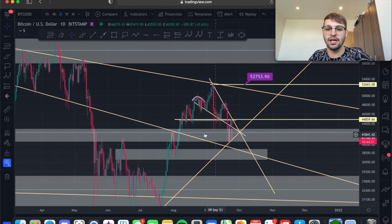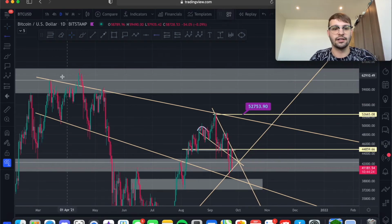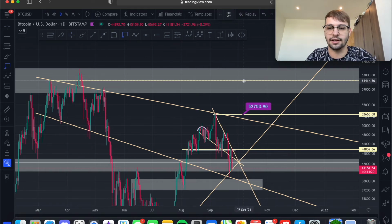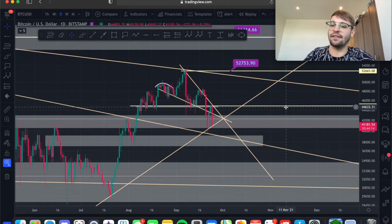And at the moment, if we can hold this level of support, we're still in this broadening falling wedge, which has a technical target at the top of the wedge, which is close to your all-time high at 61.4k. So yeah, we're in bullish patterns to the outside, but we are falling now,